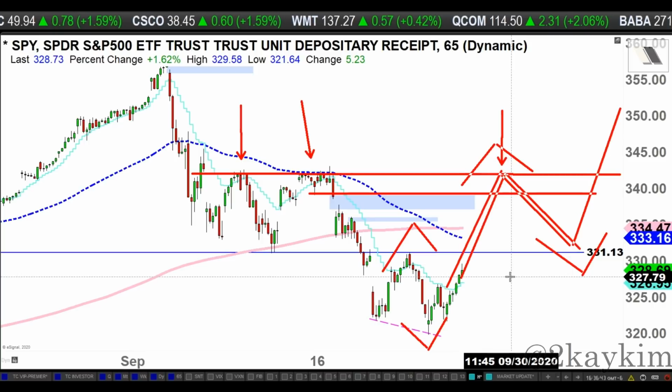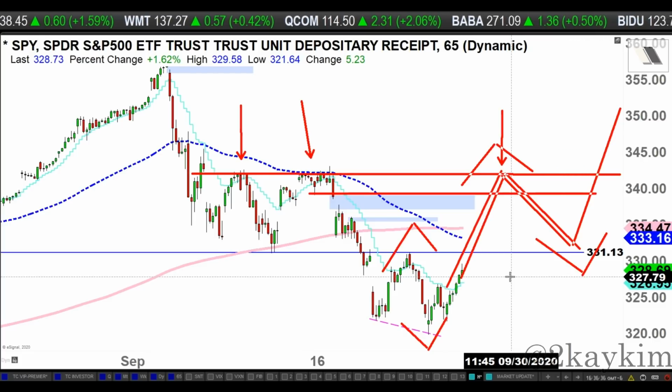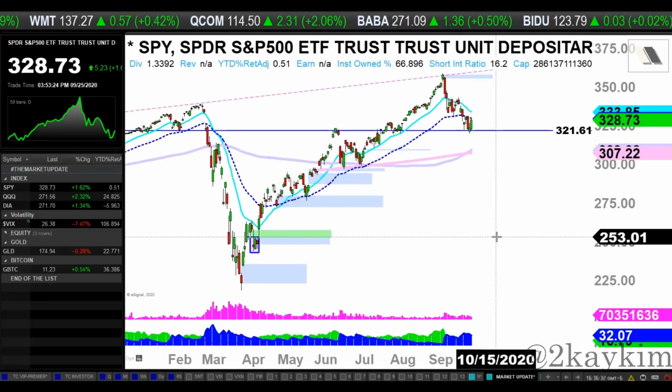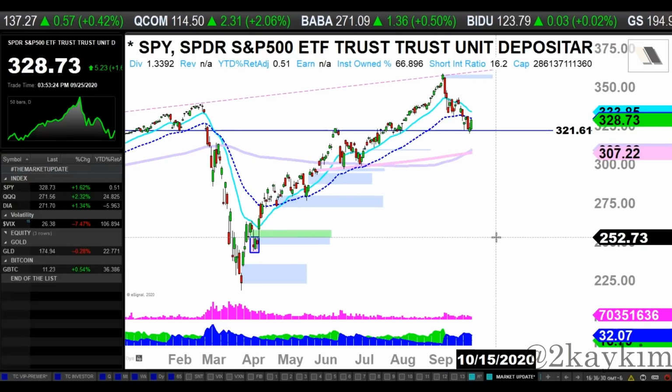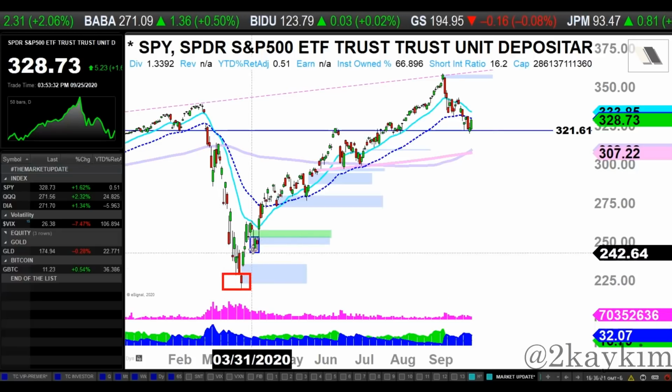What I'm trying to tell you is it takes more than a day or two for a trend to develop, right? So let's get back to the daily chart here. We have a little bit different sentiment on the daily. As far as the structure is concerned, still bullish in the long term. Why? Higher lows,